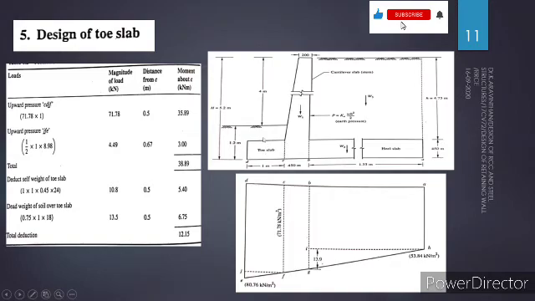You have to find the centroid. So you have to find the distance here. The toe slab distance is 1 meter. The centroid will act exactly at 0.5. So for the toe slab it will be 0.5, as well as for the soil you will have 0.5. So you will find the moment at point C.